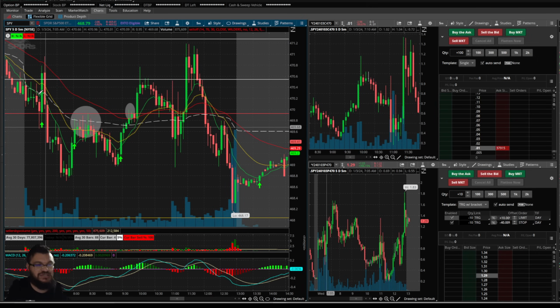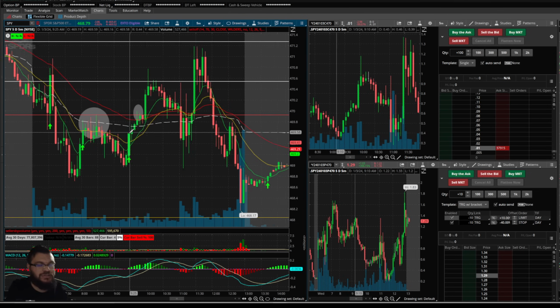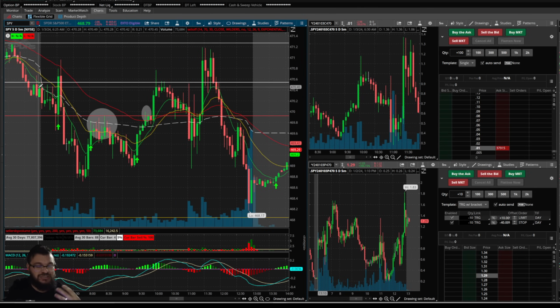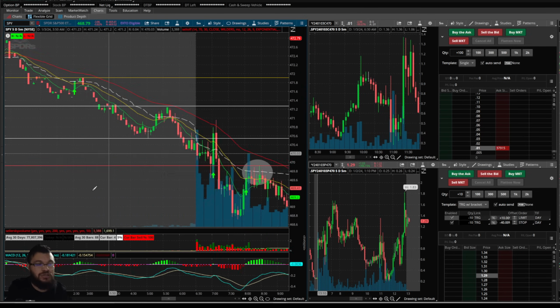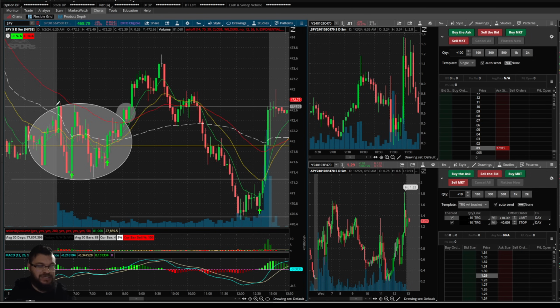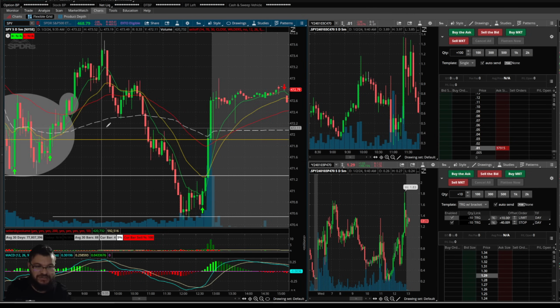So all of this here to me is not action that I like. Okay. This is not my style. This is stuff that I want to try and avoid. Now, there are a lot of areas in here where there could have been many people getting burned. Just like yesterday, there was probably some guy that got calls here and it went puts and then got out of the calls and got puts here and then it went back calls and then they got burned, right?